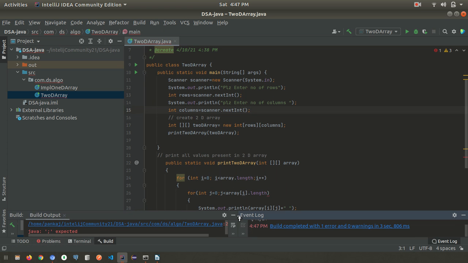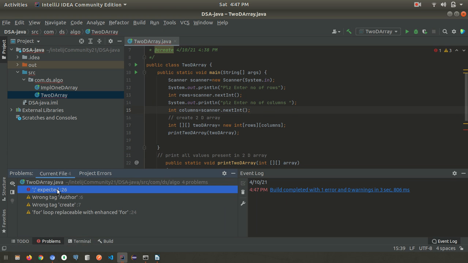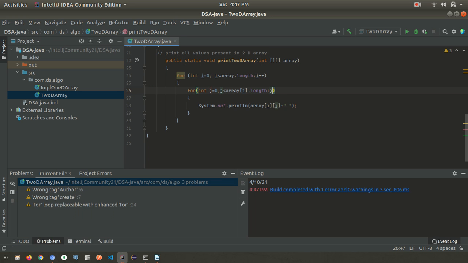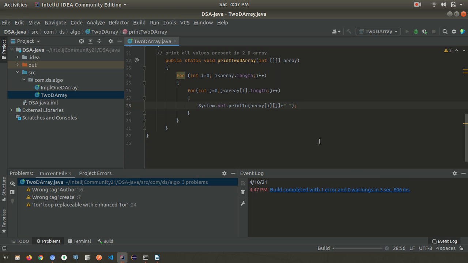Syntax error here. Okay, and j plus plus, sorry for that, to increment every time. Yeah, and we'll try to run it.